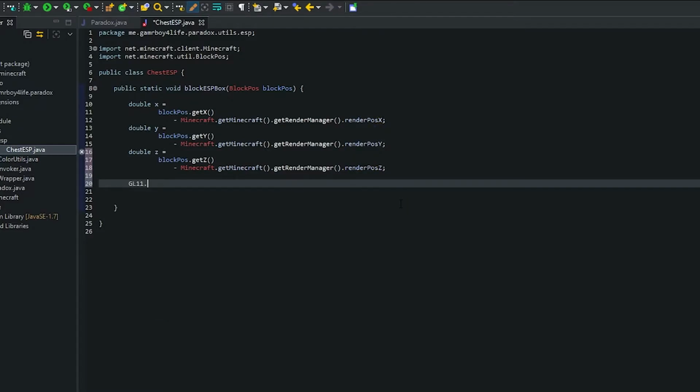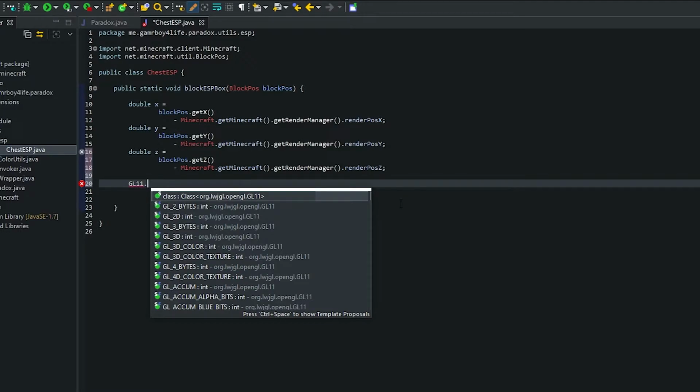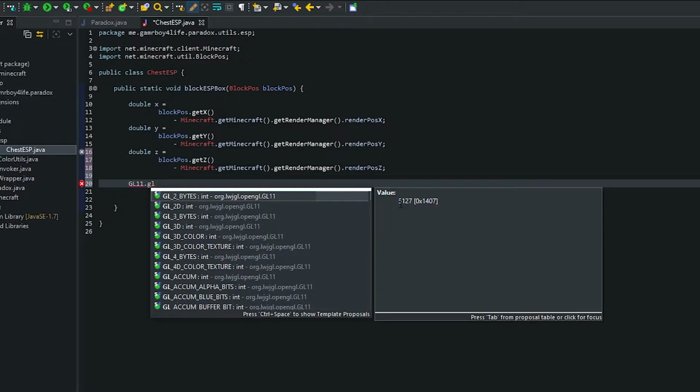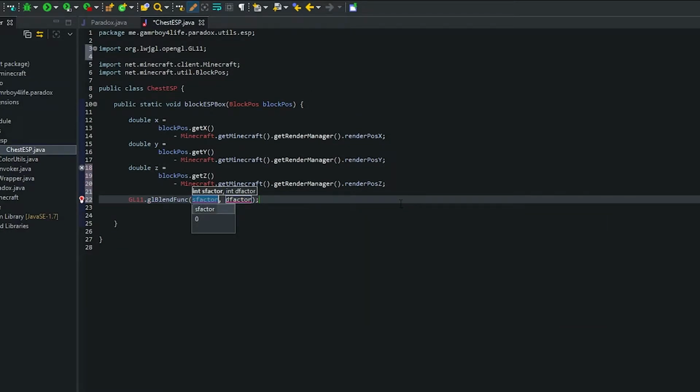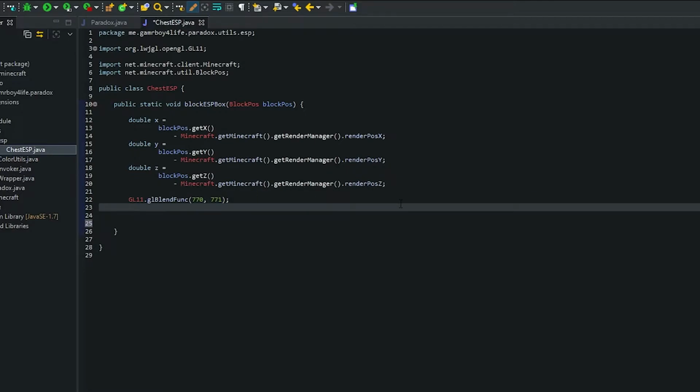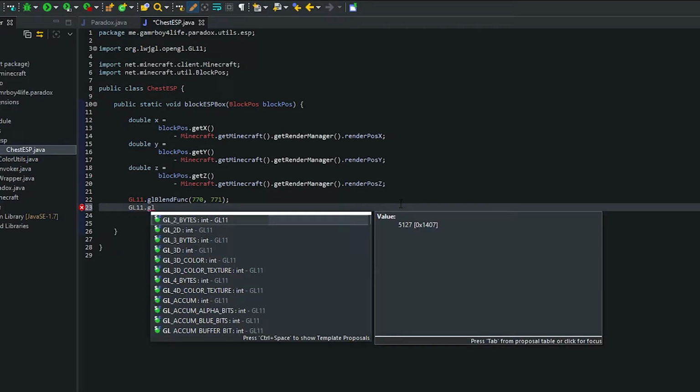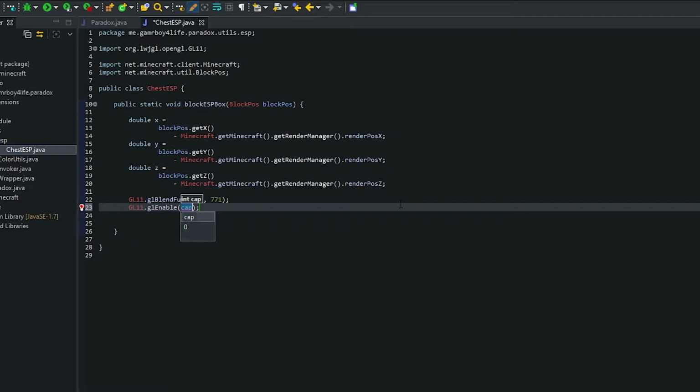Now we're going to go down from here. We're using GL11 to render the actual things. So we're going to do GL11.glBlendFunc. I'm just going to set it to 770 by 771. That should work. It's basically just blending the pixel. I really don't know what GL11 does for the most part, but I know that this works, so I'm not too upset. And we're going to do .glEnable, and this is going to be